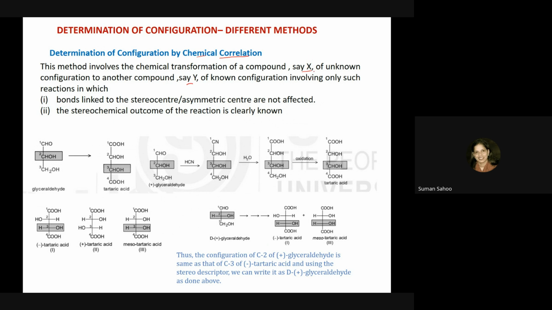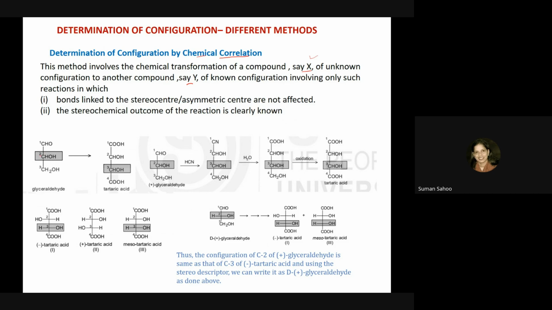Suppose we do not know the configuration of X, but we are converting it to another compound whose configuration is known. In that case, we can determine the configuration of X. For example, say a glyceraldehyde is given to me and I am asked to check whether it is R or S, or whether it is D or L. So we do a chemical transformation where the chiral center,